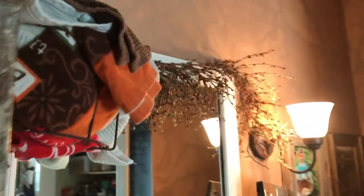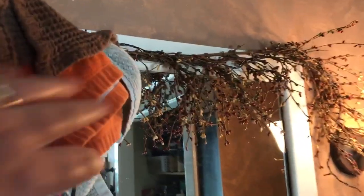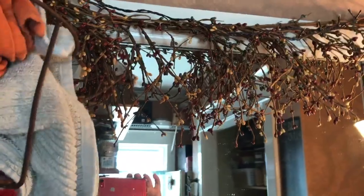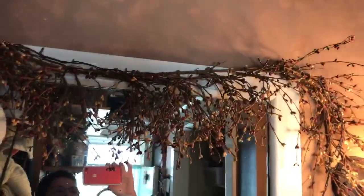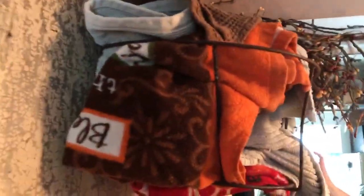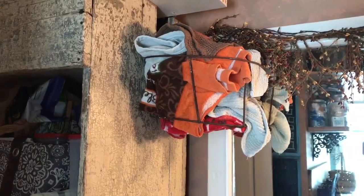So I turned the light on for you, but normally we have little twinkle lights right here. So just so you know, and I can't help but show you this one. See me too, so hello. Anyway, we've got little twinkle lights up there, and then I've got just a wire basket with the towels thrown up here. I'm just thrilled that they get washed. Sometimes they don't get folded, but